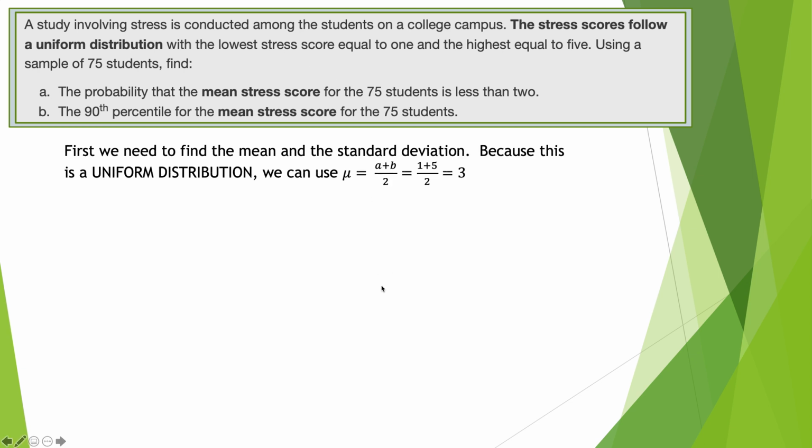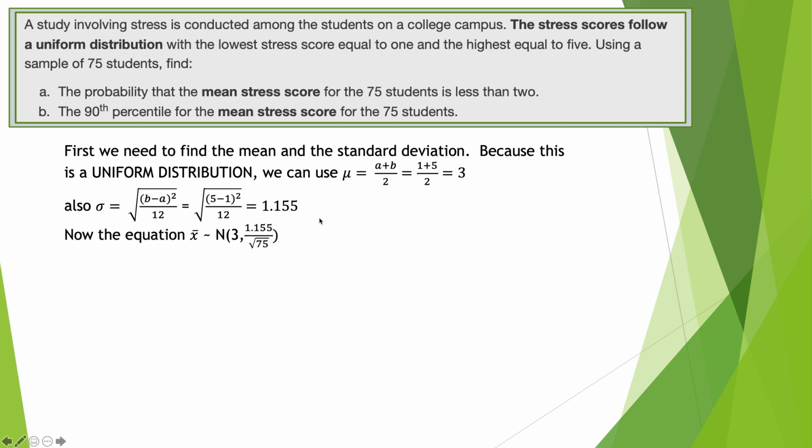What we know is it's a uniform distribution, so I need to find the mean and the standard deviation. With a uniform distribution, the formula for a mean, and remember what I said about photographing these in the lessons that I've given you and having them in your phone, is A plus B over 2. So A is the lowest score, B is the highest. 1 plus 5 over 2 is 6 over 2, which is 3. And the standard deviation is the square root of highest minus lowest, squared, divided by 12. So 5 minus 1 is 4, squared is 16, divided by 12, and then square root it, and I get